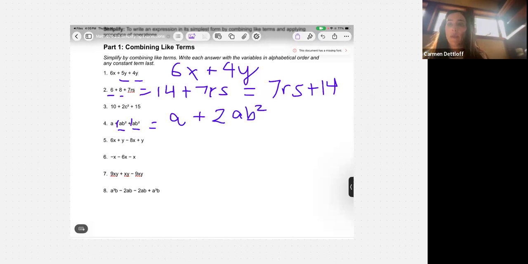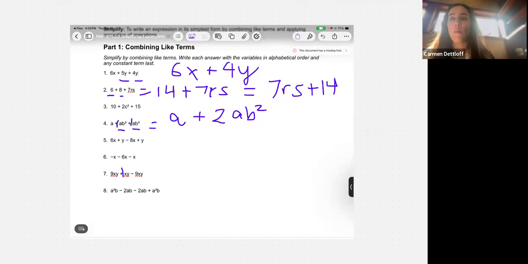I'm going to skip down to let's do number 7. Okay. I've got 9xy plus xy minus 9xy. Now here again, I've got a hidden 1 right here. So I've got 9xy plus 1xy minus 9xy. So I can add them together. 9 plus 1 is 10 minus 9 equals 1. So I'm left with